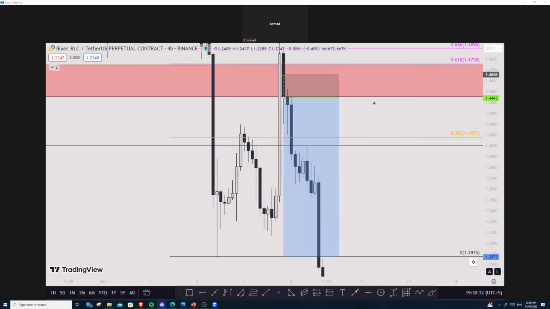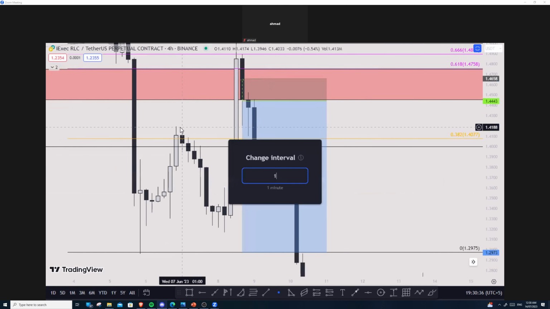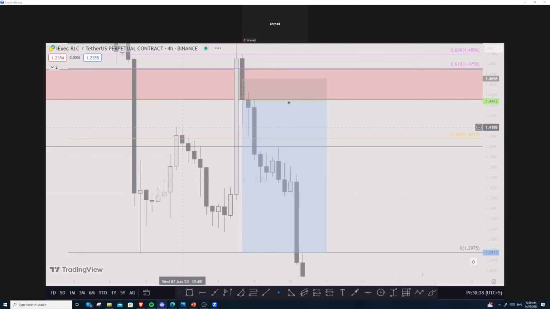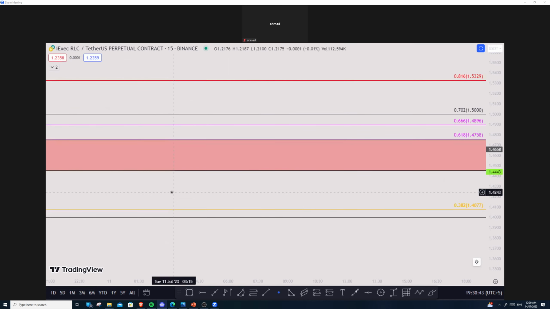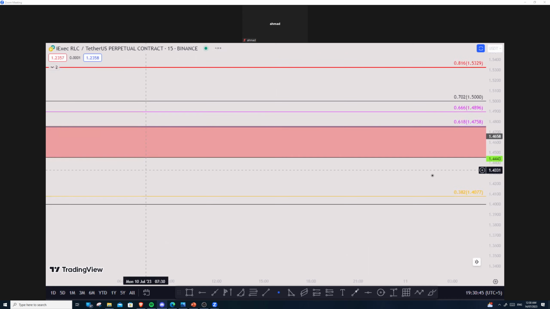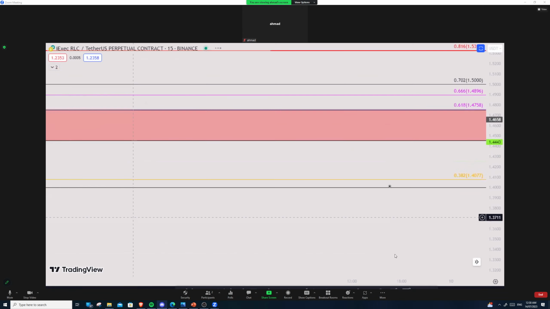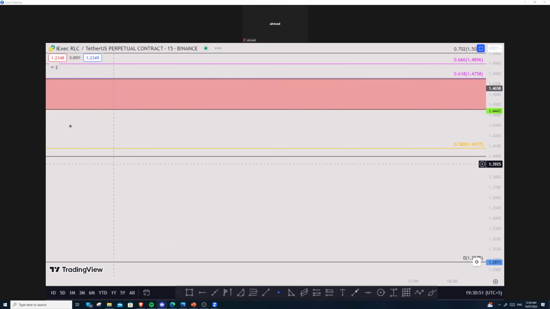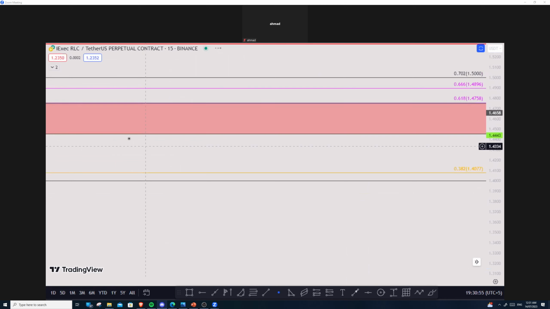Okay, so this was the rejection that was pretty much made up. And if you see on the lower time frame, we rejected through my golden Fibonacci's, the one marked with the purple, 0.618 and 0.666. Okay, on lower time frame, if we see here,